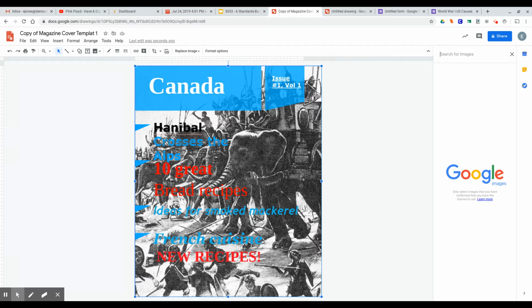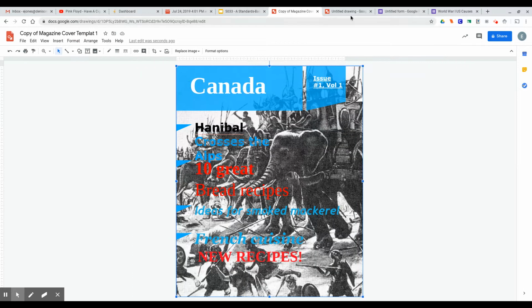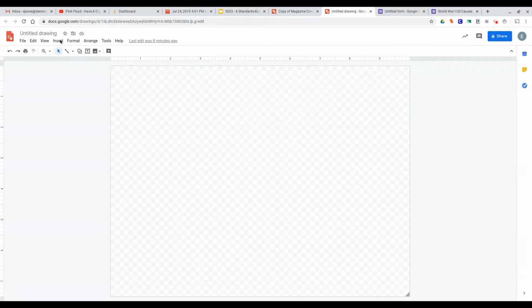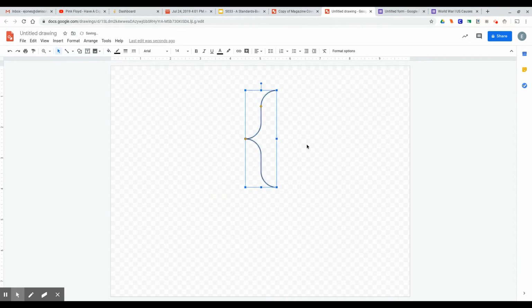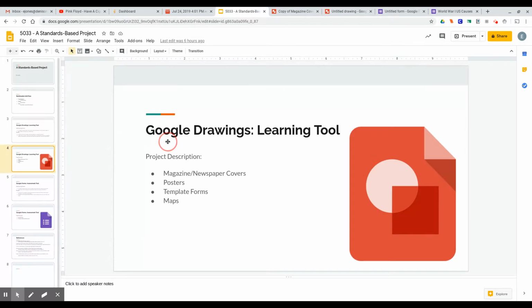Here is one from a class that I found about Hannibal Barca invading the Swiss Alps. And then here it would be a blank one. Same thing, like I said before, you can add shapes, arrows, equations. You can draw, type in some writing, and et cetera, et cetera. Going back to the presentation,